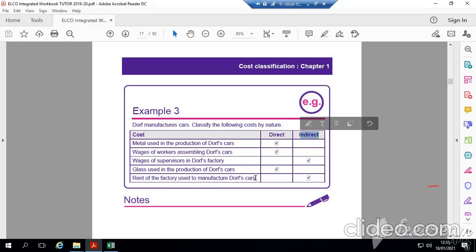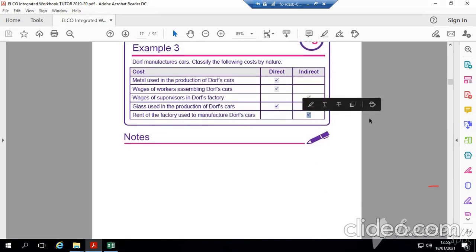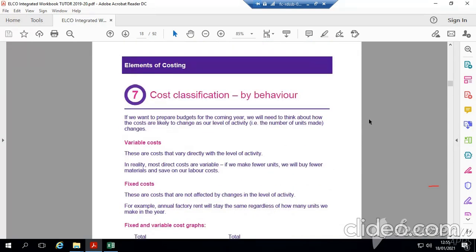Because in the factory you have human resource, you have IT, you have a production line, you have a canteen. Therefore the cost is going to be indirect cost. Okay, this is the third one. So the last one